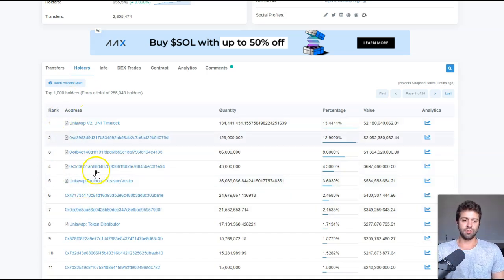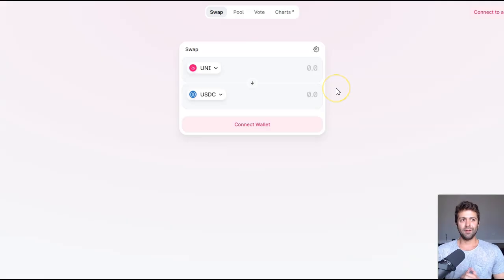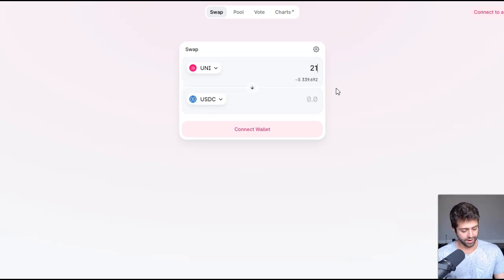So the first 5 addresses here are all smart contracts, and it looks like there's some kind of vesting contracts. So let's consider these irrelevant for now, just for the sake of the argument. Let's look at address number 6, or number 7. This guy, it's a normal address. He owns 21,532,000 tokens. Now, let's hop on over to app.uniswap.org and see what happens if that guy just decided to go AWOL and dump 21 million tokens on the open market. Let's see what happens if this guy tries to dump all those tokens on the open market.